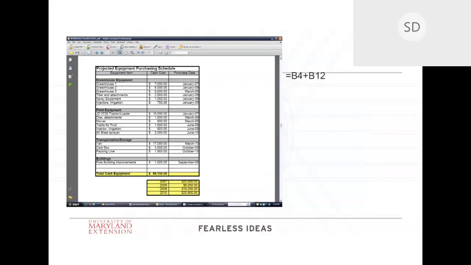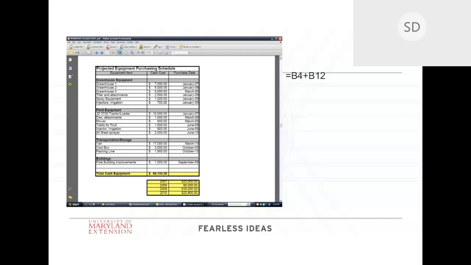And what we did was we listed out, okay, what we would like to do is add to the farm. We're always going to be updating equipment and things that we need on the farm. So when is our ideal that we would want to purchase it? And this, again, helps with planning. So you can see we put the piece of equipment, the cash cost of it, the purchase date that we wanted, and then down at the bottom where we've highlighted, I was able to do the equal sign and I went through for each of them.